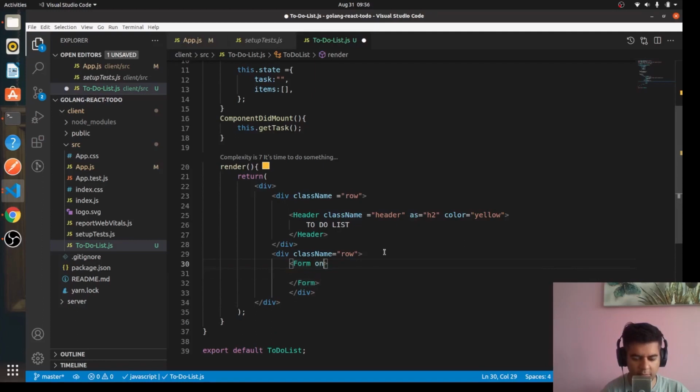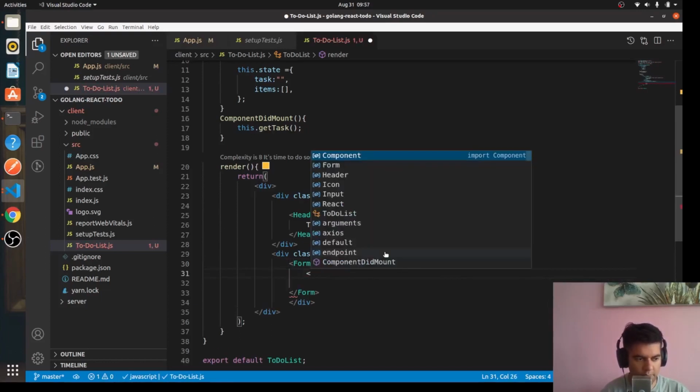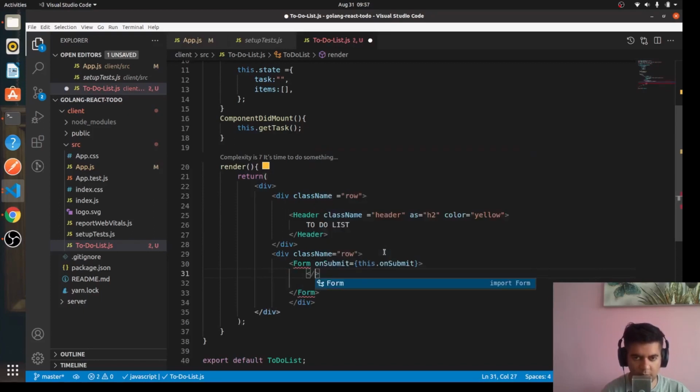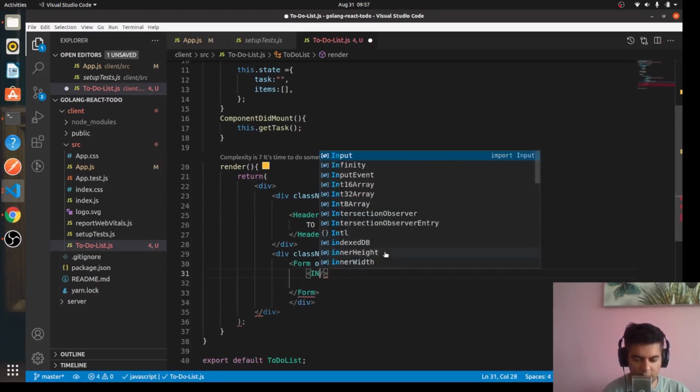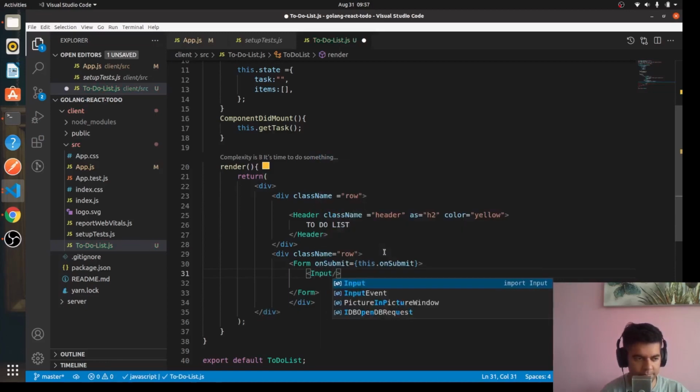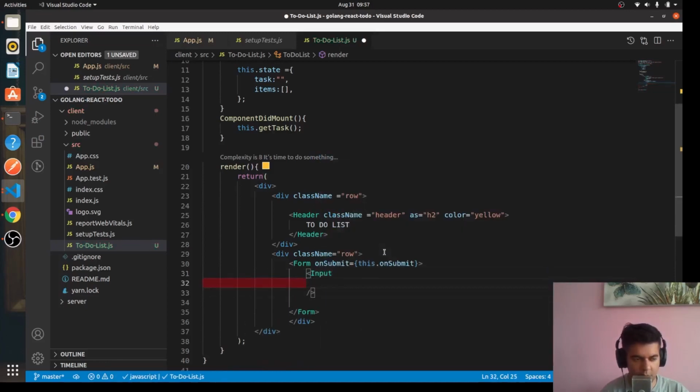The form will have an onSubmit property, this.onSubmit, and here you'll have an input element, and on a separate line I'll write type is equal to text, name is equal to task,